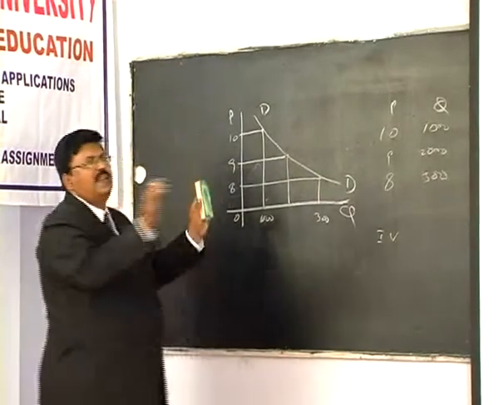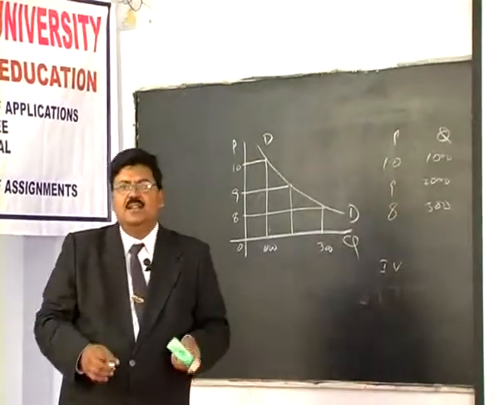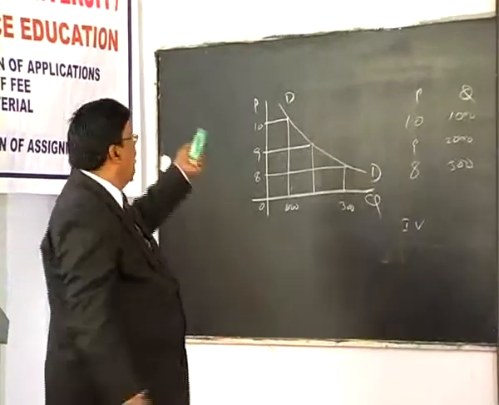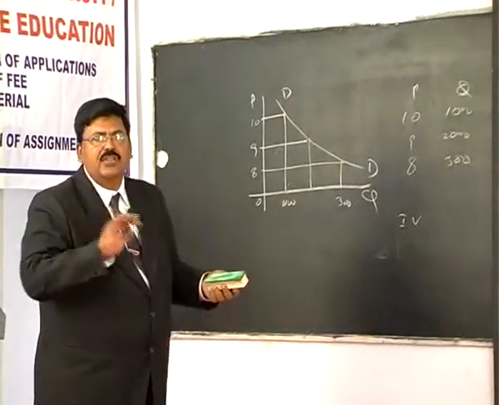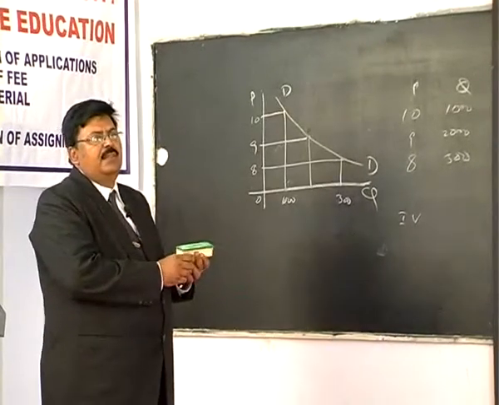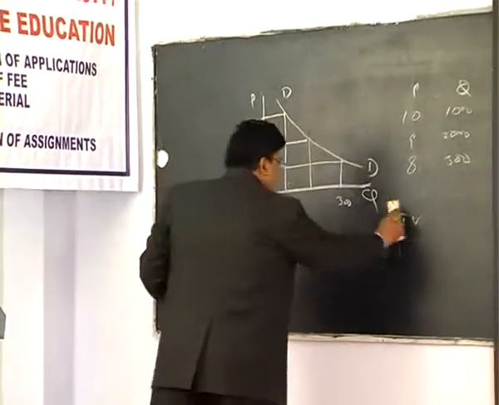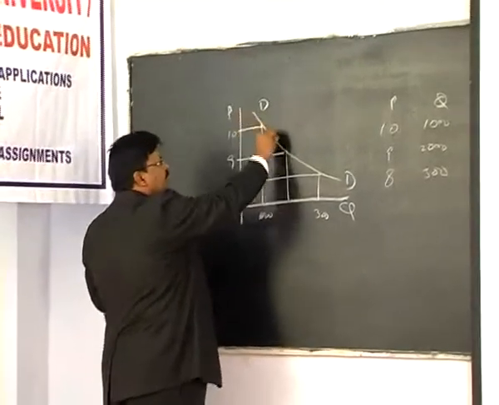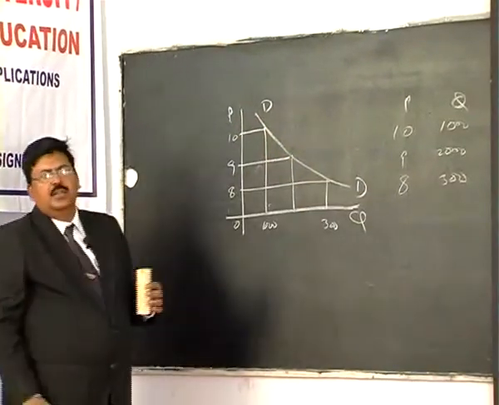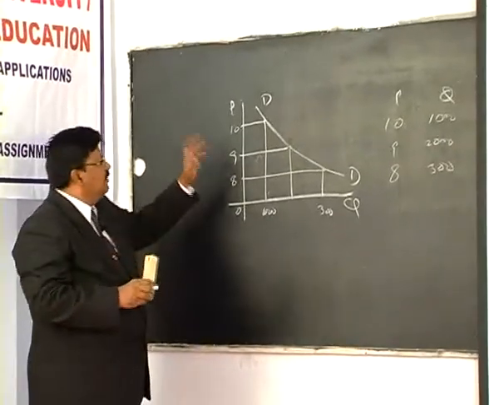So whatever may be the arguments, debate, let us accept price on the y-axis and quantity on the x-axis. We don't want to reverse this already existing practice. So you can see this is the inverse relation. So whenever there is an inverse relation between two